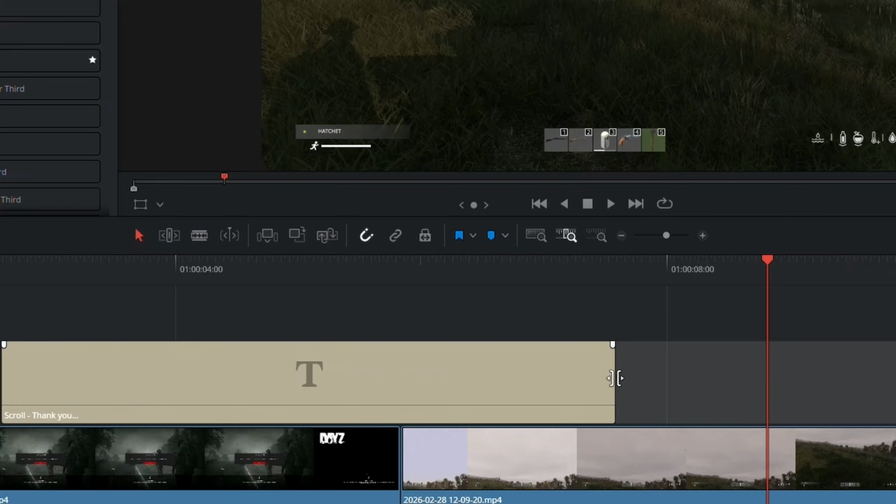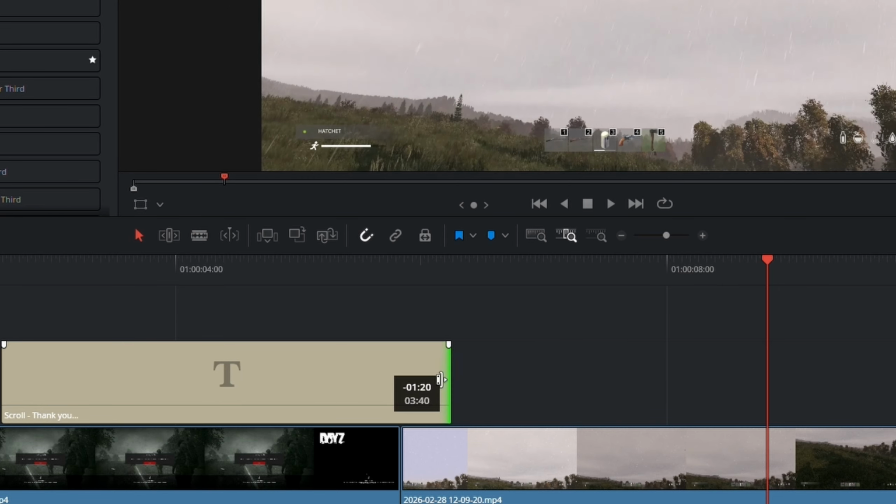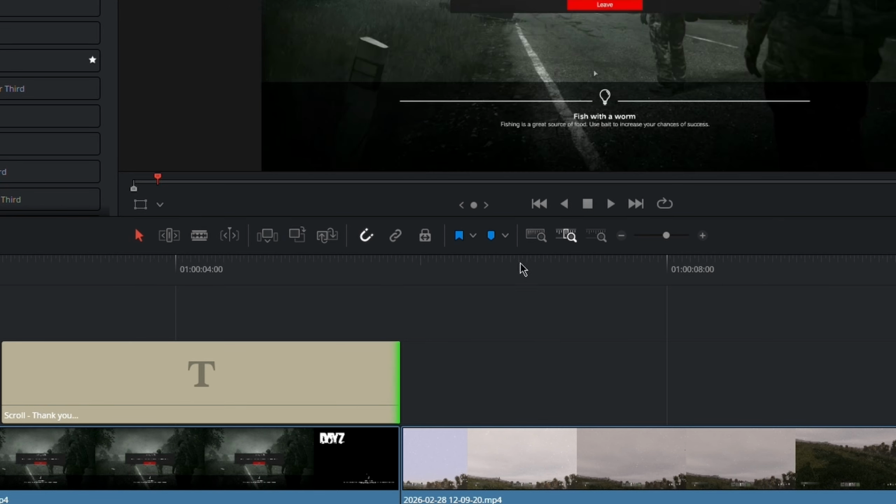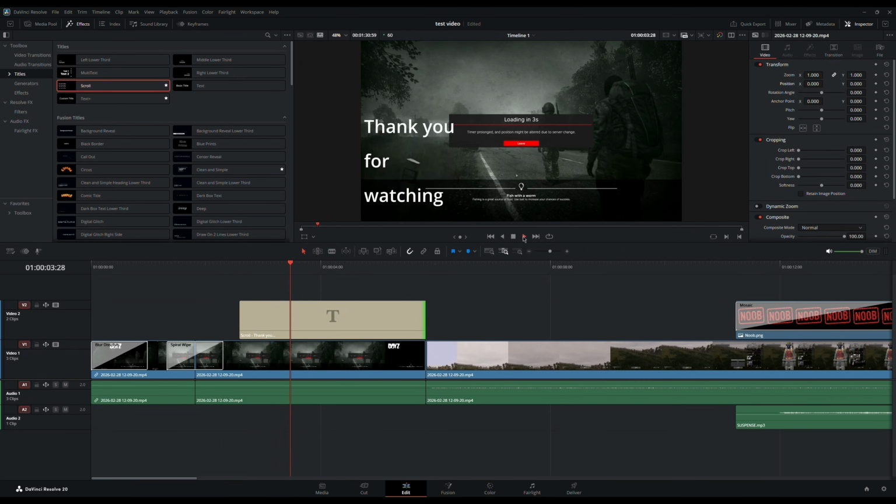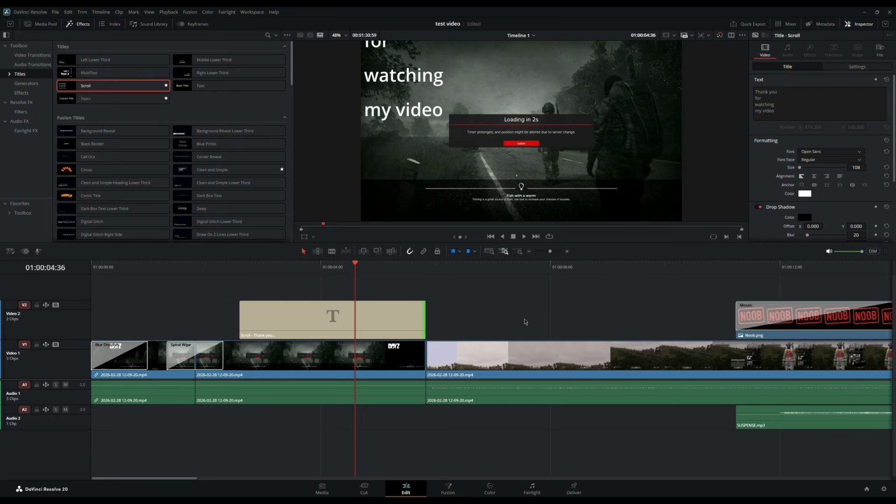Now, when you hover over the end of things, you get the two different markers. We don't want to be on the double bracket. I want to be on the single bracket like that to move it over there and make it scroll faster. If you move with the double bracket, you are just cutting it off. So when it gets to that point, it will just cut with wherever the text is. By using the single bracket like that, as opposed to that, it just makes it fit the whole scroll in